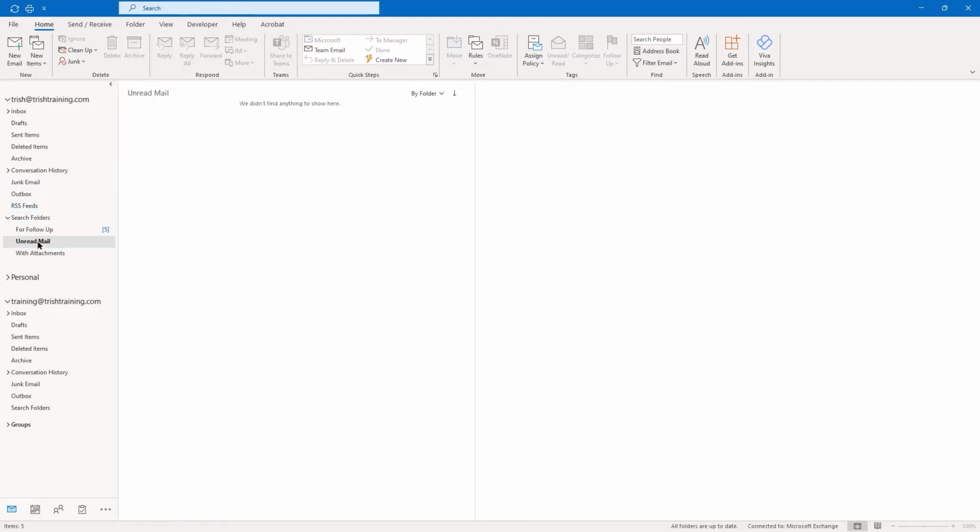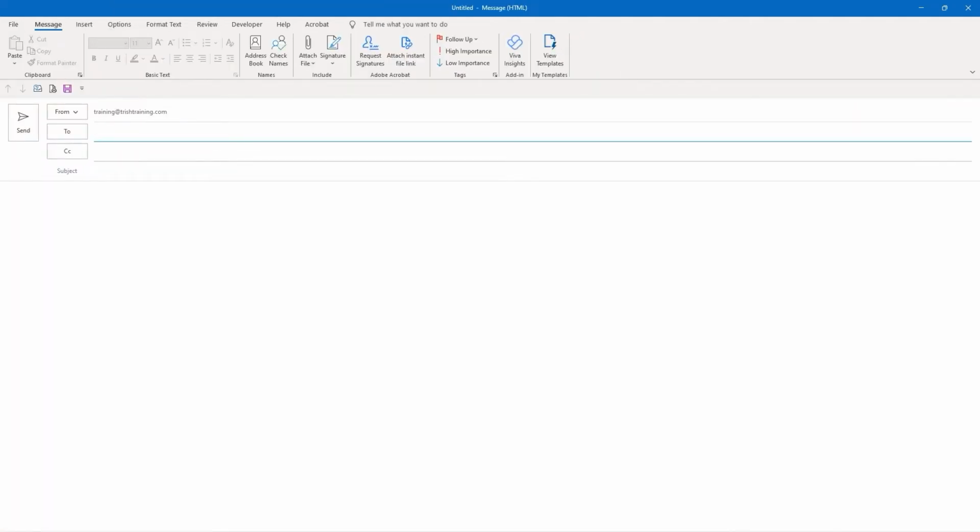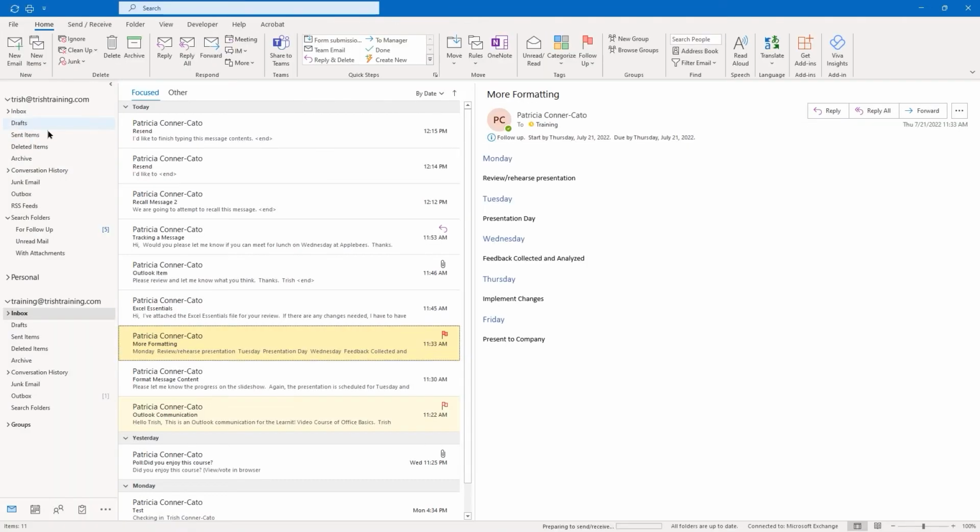And then my unread mail. I'm going to go to my other inbox and send myself a new email. I'm just going to call it unread mail search folder and send.